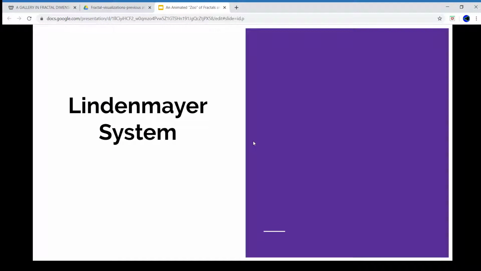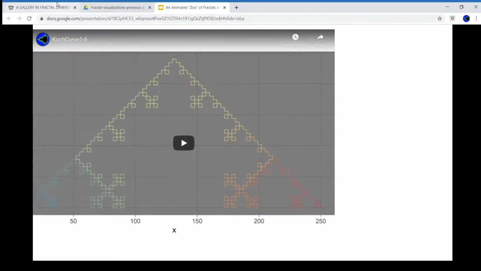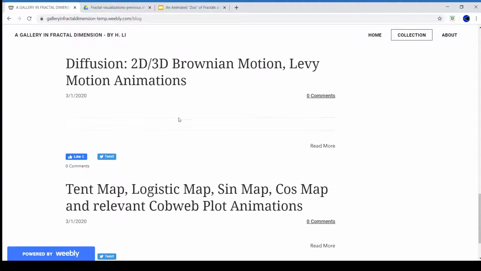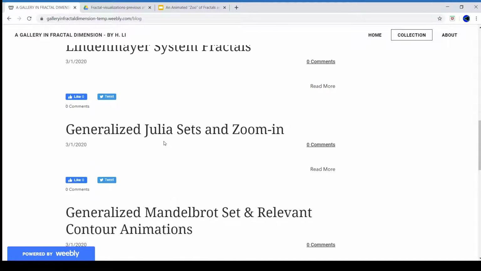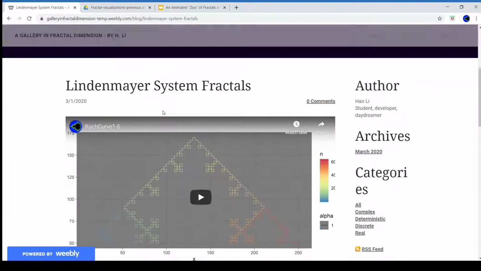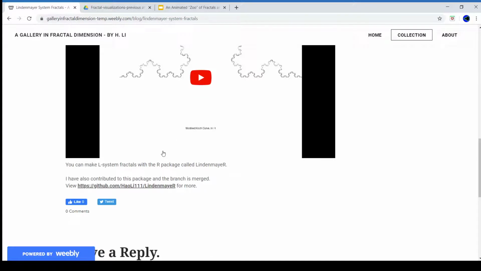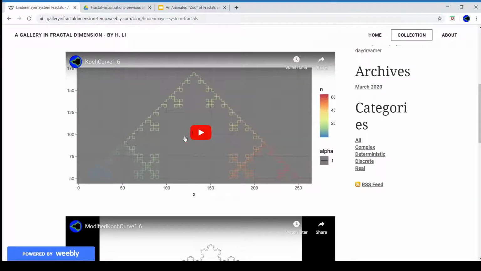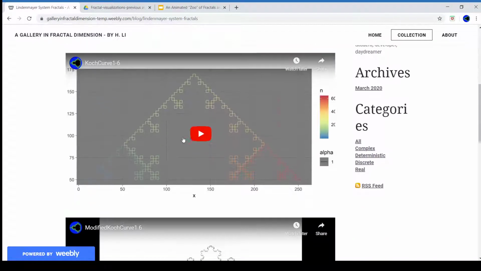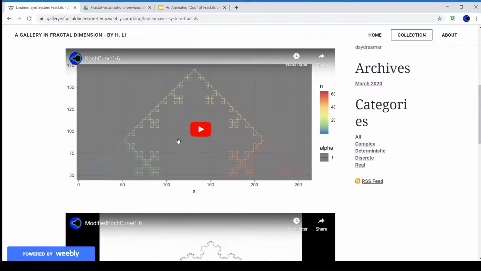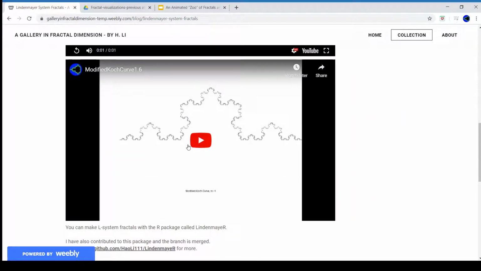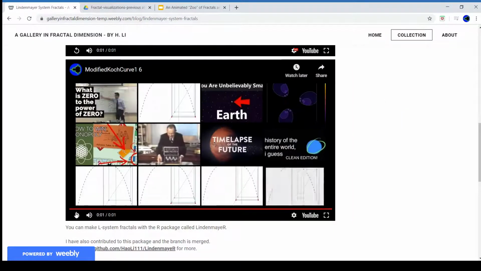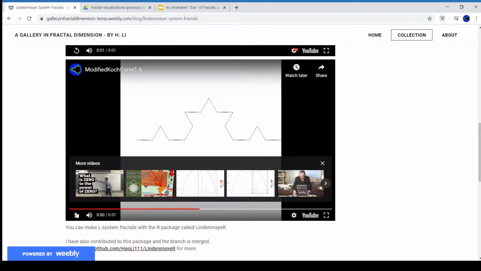Okay, so the first part I did was the Lindenmayer system, which was first created to model those IFS systems, like iterated function systems. These two L-system fractals are probably the easiest examples that you can find in any mathematical tutorial. One is called the Koch curve, and it's showing the process by which they evolve. And the second one is the modified Koch curve,